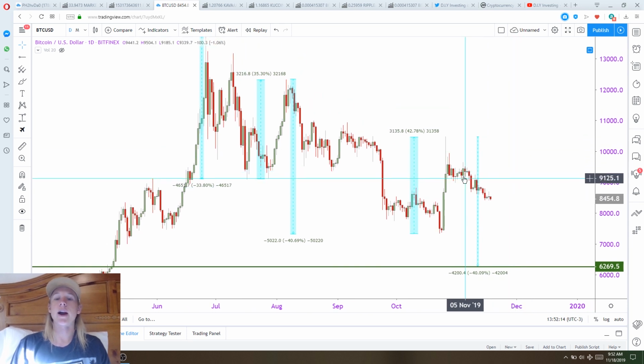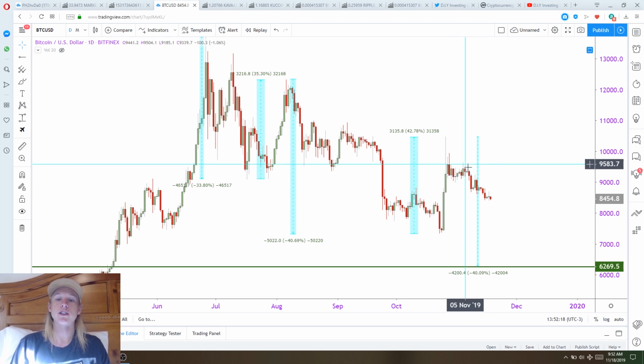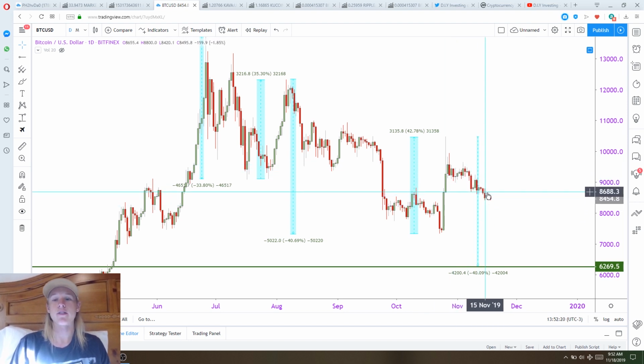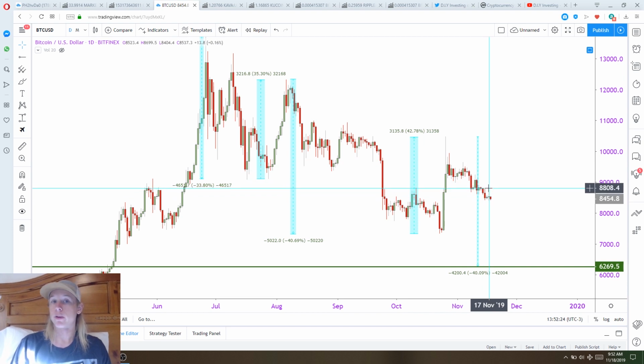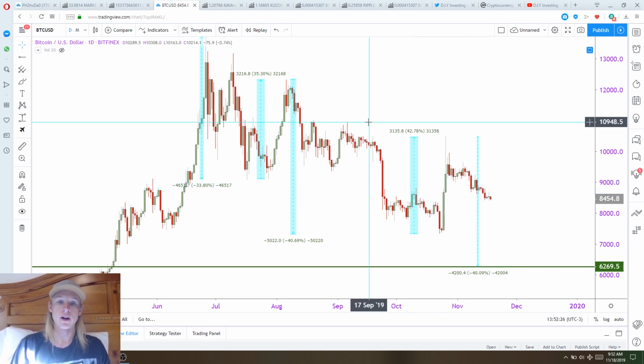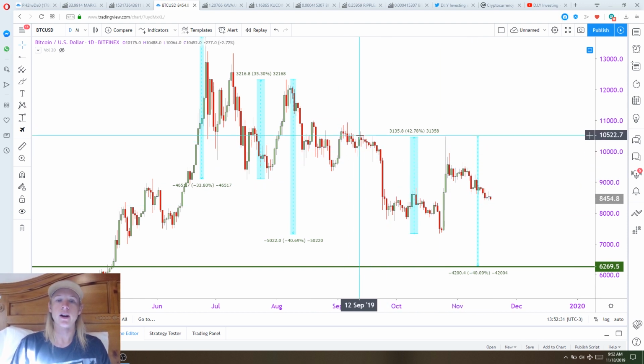But really, guys, I wanted to see us start impulsing right out of here. I didn't want to see us drop back down and consolidate like we have. And to be quite honest, the consolidation that we've had up to this point is giving me more reason to be bearish.